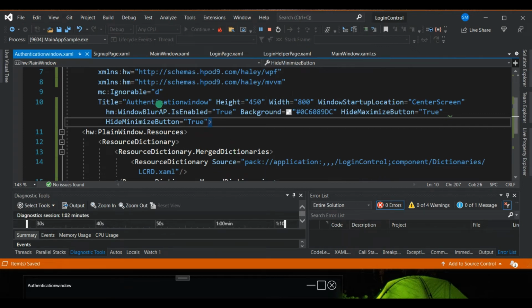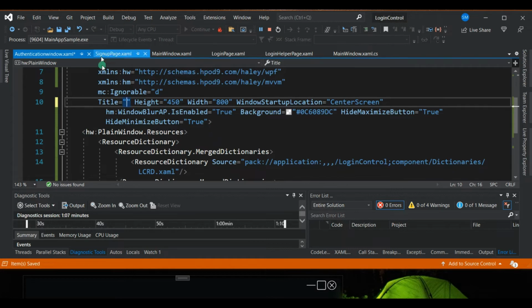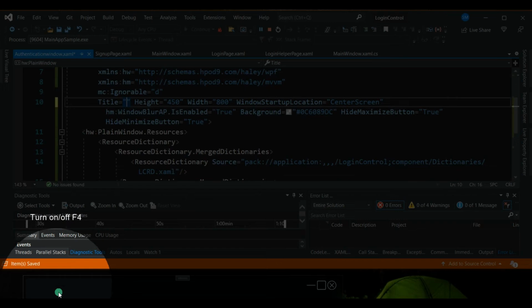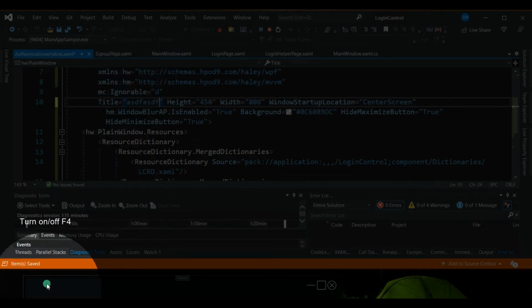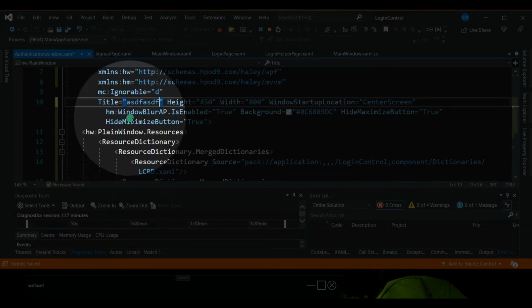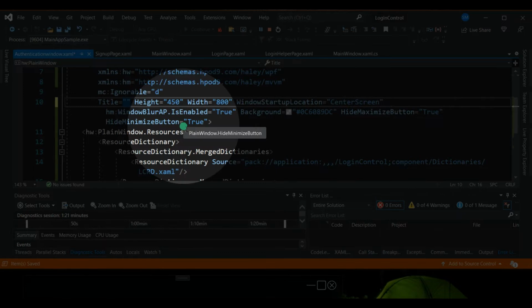Title is authentication window. Let me remove the title. I don't need the title at all. It immediately updated here. Let me show something. This region, if you notice, if I add something, it will be here, and if I remove them, it is gone. The reason